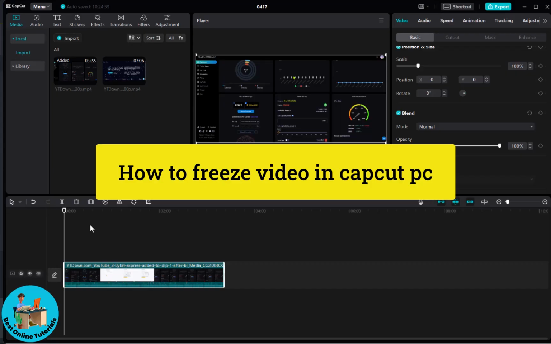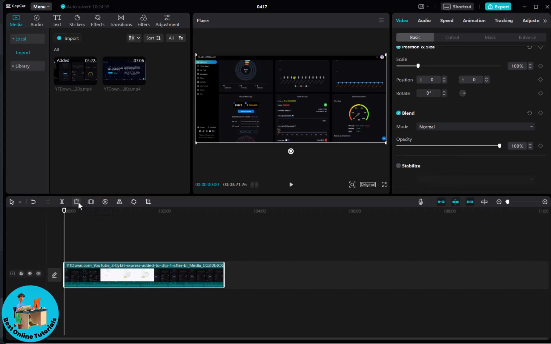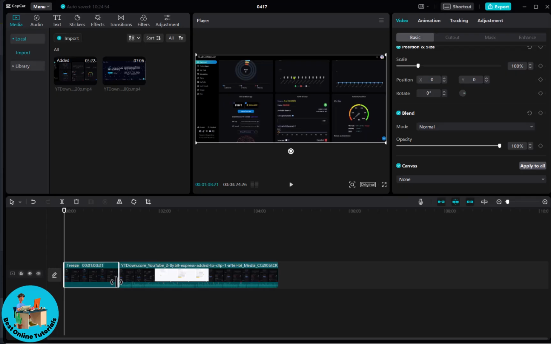and then where we have the freeze, it's an icon here just beside reverse and delete. So all you need to do here is just click on freeze and then a white slider is going to open up and then all you need to do is just extend this to how long you want your